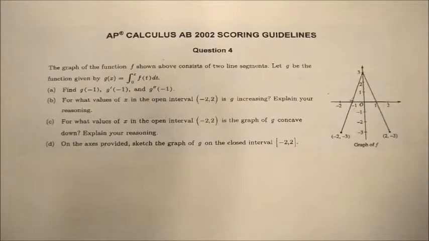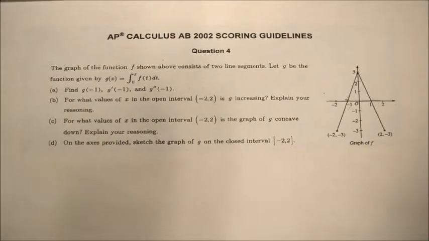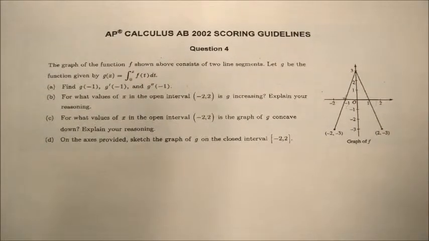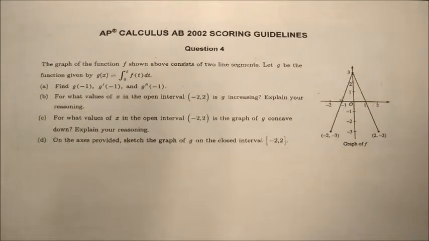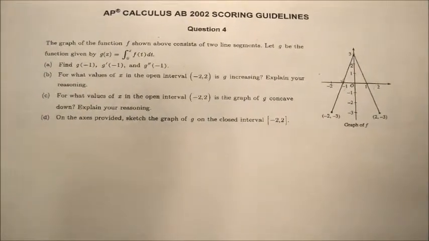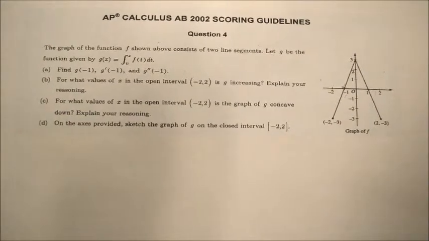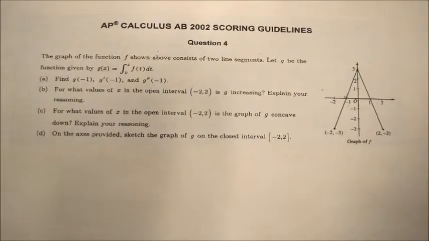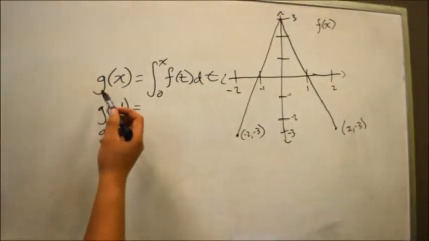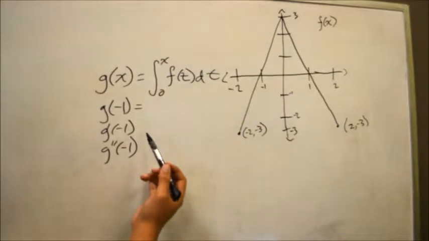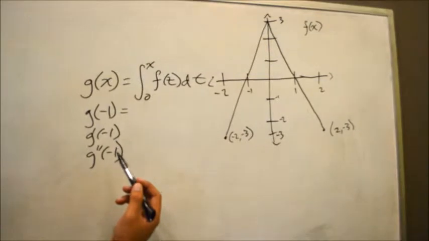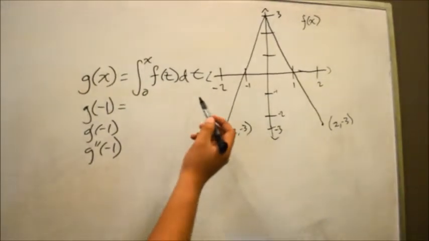A question from the AP Calculus AB test from 2002, and it says the graph of the function f shown above consists of two line segments. Let g be the function given by g of x equals the integral from 0 to x of f of t dt. For g of -1, since g of x equals the integral of f of t from 0 to x,